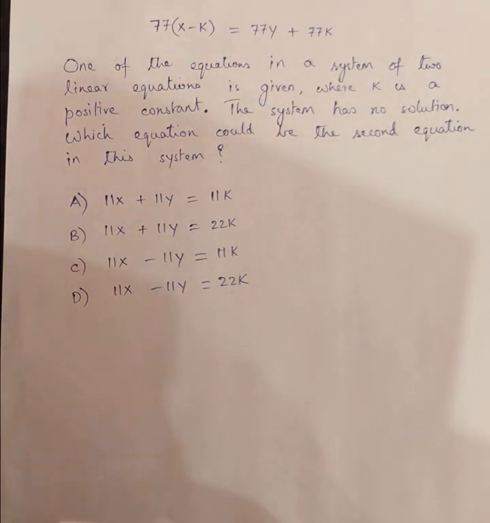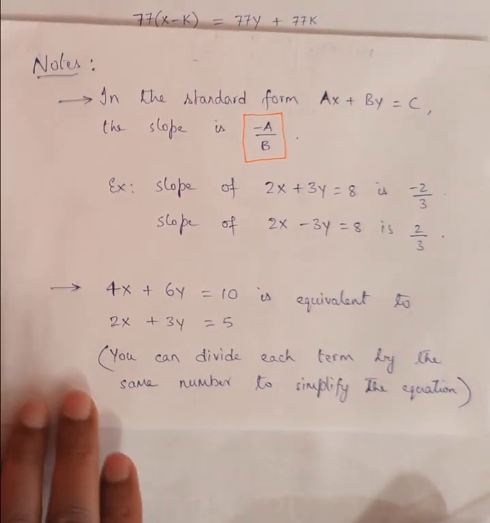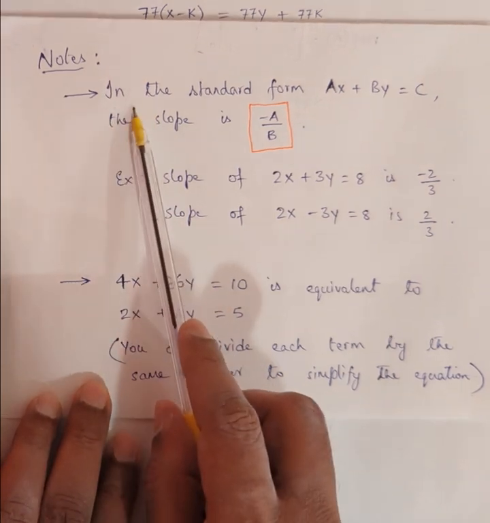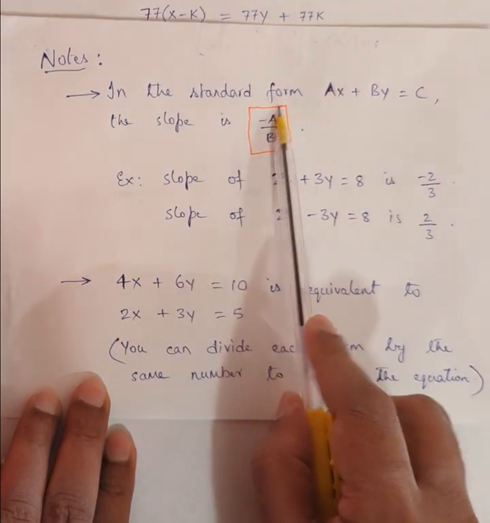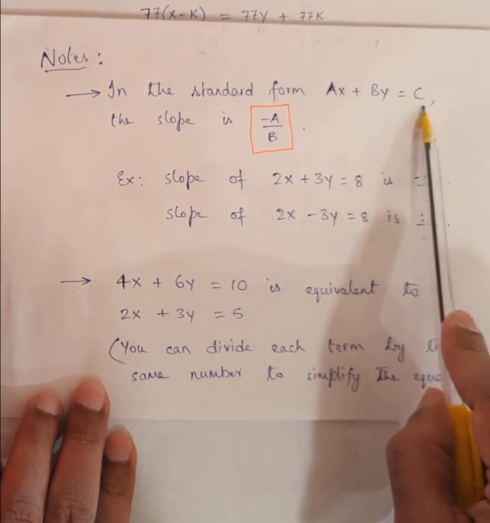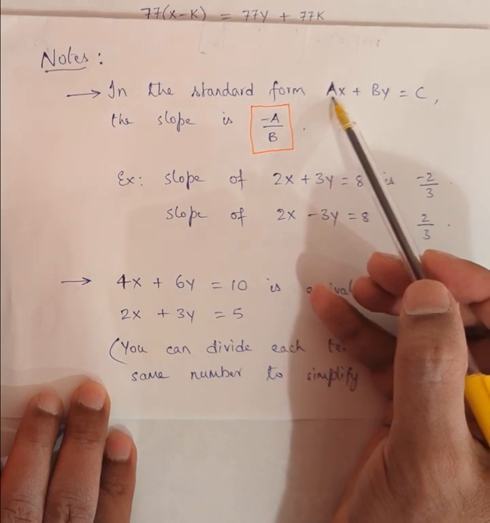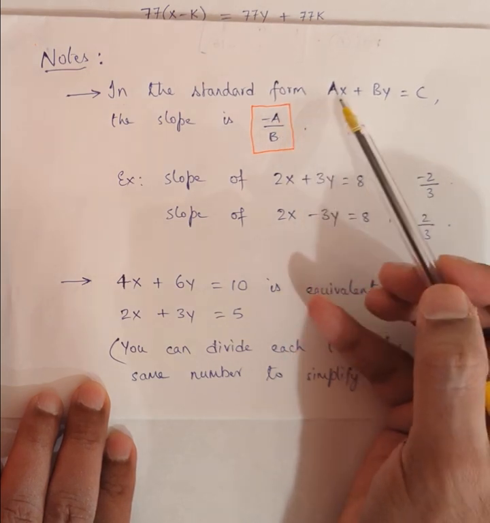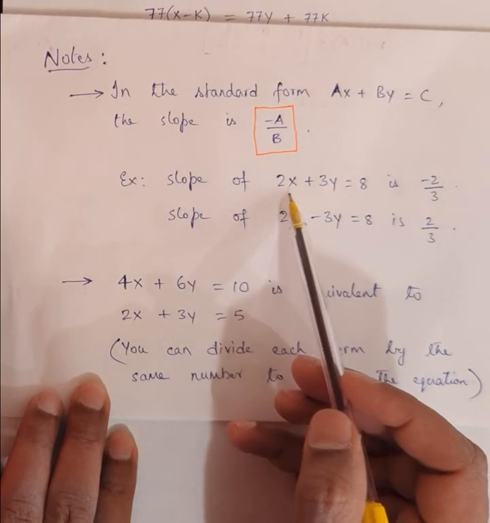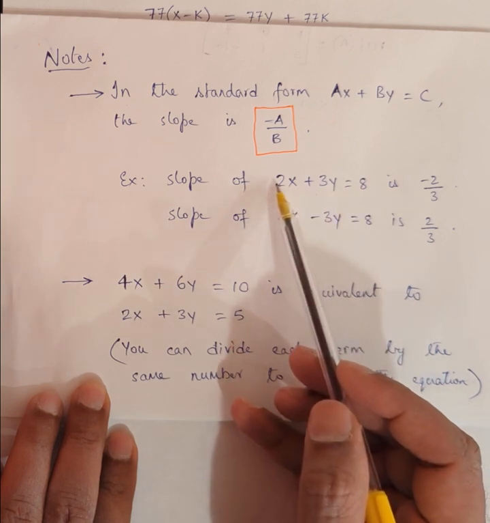Before we go into this problem, I would like to share some notes which will make this problem really simple. The first note is, if you have an equation in standard form, which means the variables are on the left and the right side is just the constant, the slope is simply the opposite of the x coefficient divided by the y coefficient. So negative a over b. I gave two examples here. To find the slope of 2x plus 3y equals 8, it's simply going to be negative 2